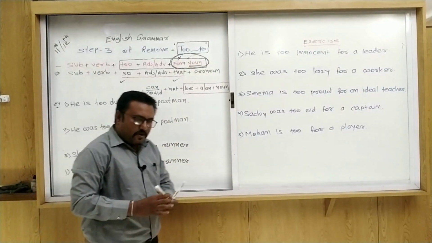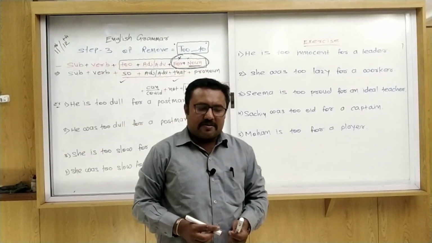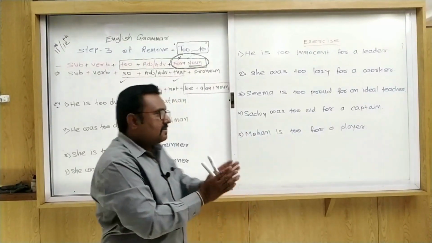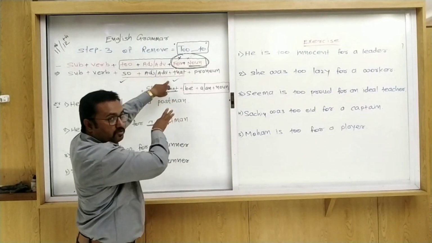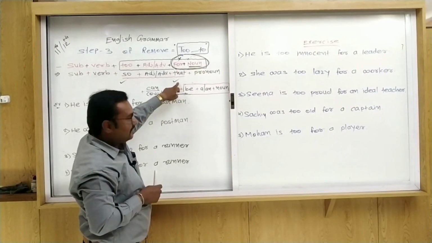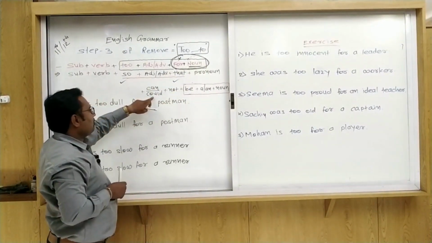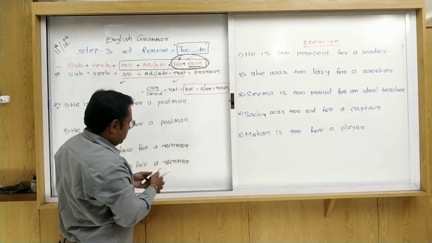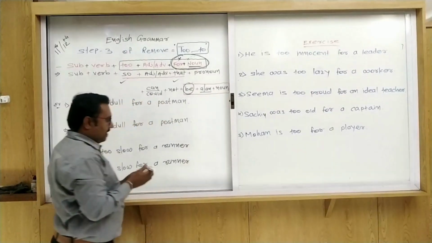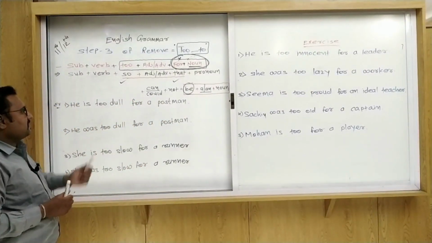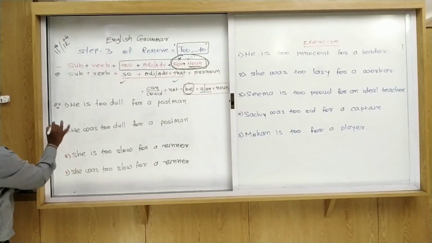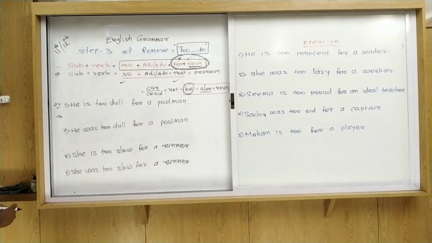Dear friends, we already discussed step 1 and step 2, that we remove too. The same thing, we have to follow the rules and regulations. It is necessary to remove "for" and add that. After that, pronoun, can or could plus not plus be plus article a and noun. That is the structure of the sentence.